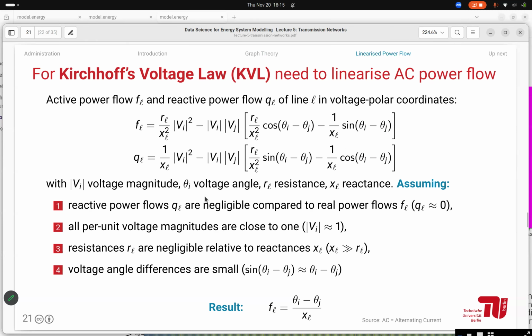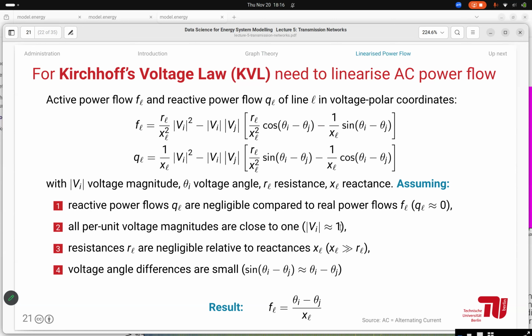But there are a couple of assumptions that we make and that are valid to some extent, or at least reasonable approximations for linearizing the power flows. And one thing is we say that the reactive power flows are negligible compared to the real power flows. If you don't know what the difference is, it's too complicated to explain in 1 minute. But it's basically different physical quantities of flow, that the voltage magnitudes are close to one,